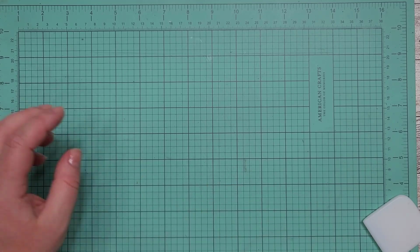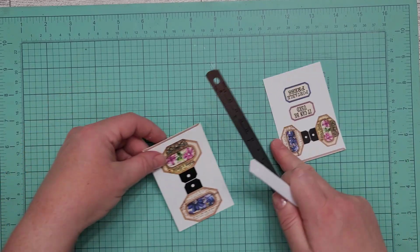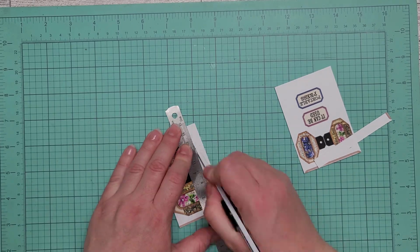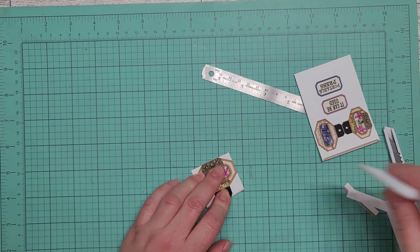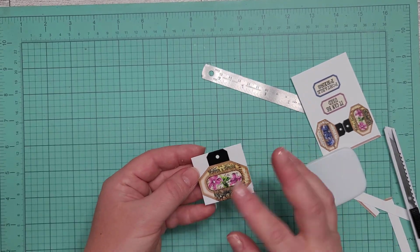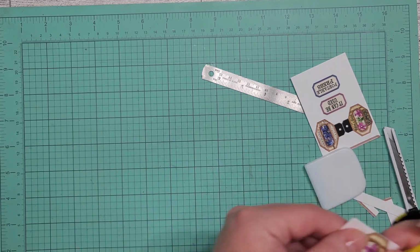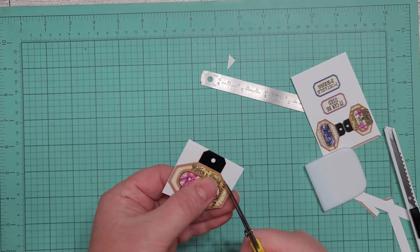Let's get back to the pieces that we were left with on this page. So first of all, you're going to cut around the outline of this element. I'm just going to fold it together, lining up the corners. Okay, and if you know that you're going to use it just as a charm, you can go ahead and glue both of the paper halves together. Or if you're going to use it as a page tab and you just need to prepare it for the future use, you're going to cut